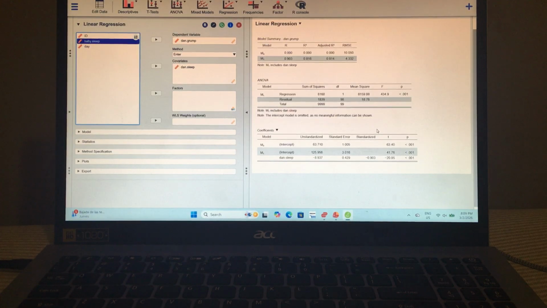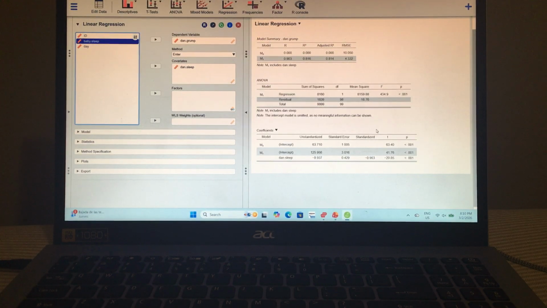So first, we could conduct a hypothesis test for the overall model. The null hypothesis is that the model cannot be used to predict the dependent variable. The alternative hypothesis is that the model can be used to predict the dependent variable, okay? So that needs to be adjusted, I think, from the previous